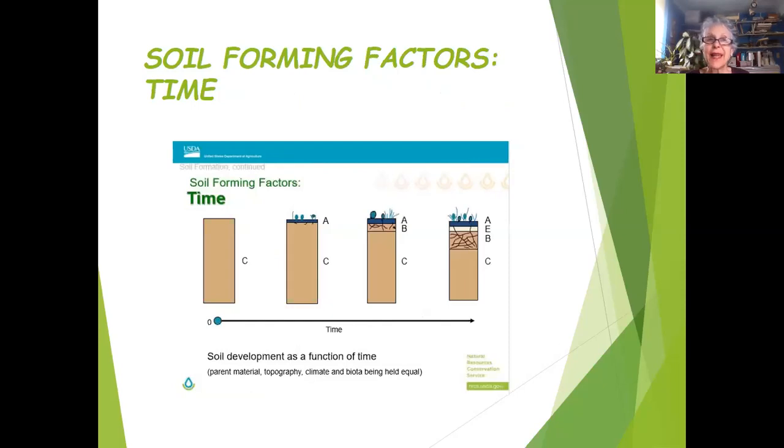Time is very important because time affects how long the soil has been forming, and therefore how much soil is present in any geographical area. Soil in Connecticut is considered to be young soil because it's only about 12,000 years old. That sounds kind of funny, but